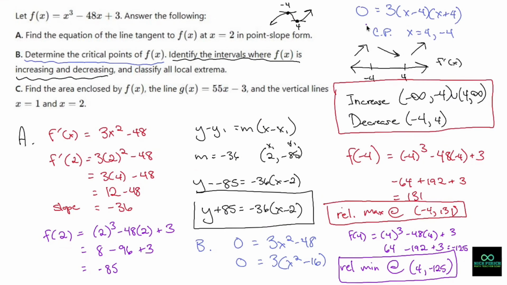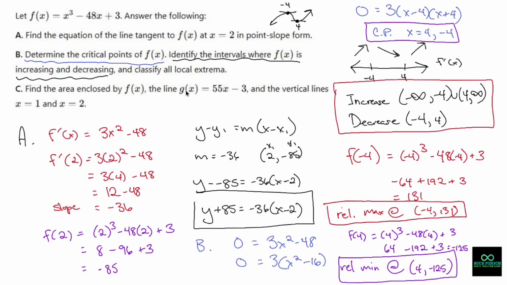All right, so we conquered all the beasts of Part B. Okay, Part B, determine the critical points. There you is. Identify the intervals where f of x is increasing or decreasing. There you is. Classify the local extrema, also known as relative extrema. There you is. There you all is. All right, now Part C, and we're going to move to a different slide in this,